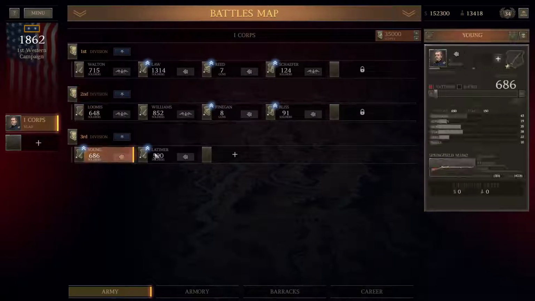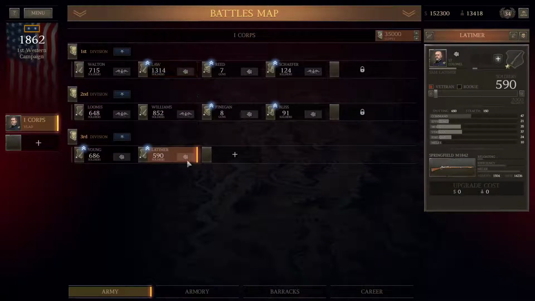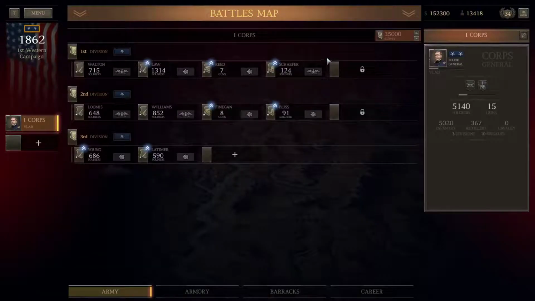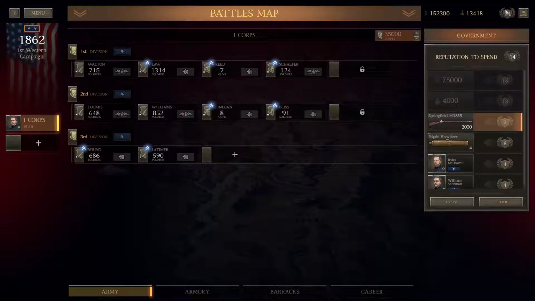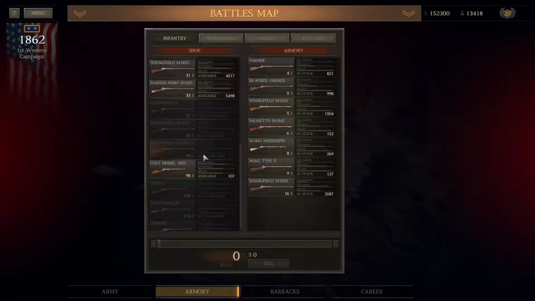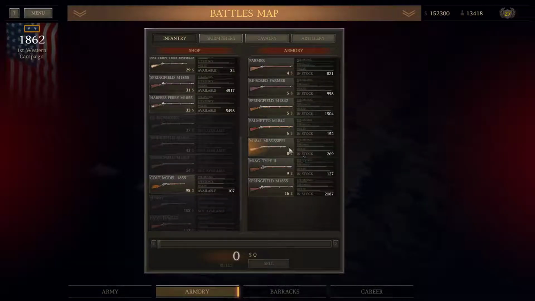So let's prepare our troops for battle. We can bring up to 9 brigades. So what am I gonna do? I'm gonna spend some political power, buy some Springfields, 1855. Best thing available so far. I mean, not really the best thing. We can get some Harper Ferries too, but